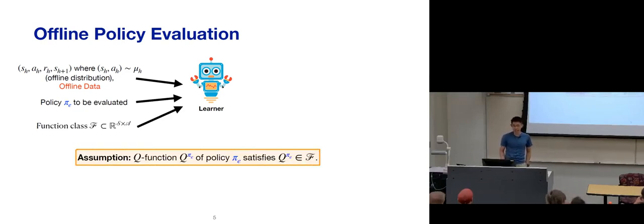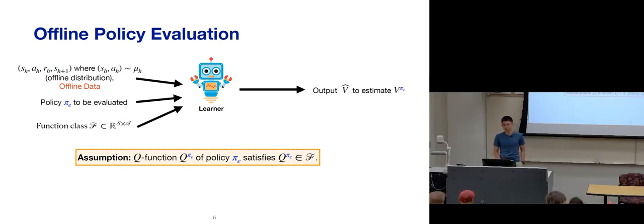On top of that, the learner is also given a function class F, where we assume the function class is realizable. That means the Q function of policy pi e, Q^{pi e}, lies in the function class F. This function class F is usually not very large, so that maybe the log of the size of F can be tolerated in the complexity. And after being given these three pieces of